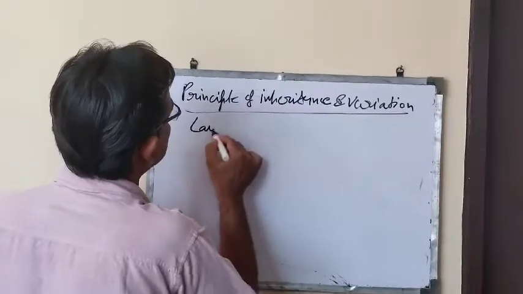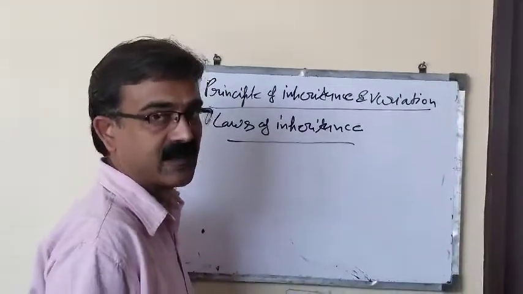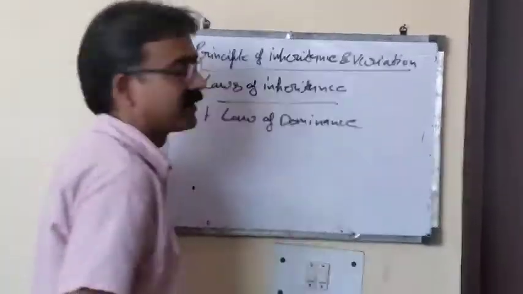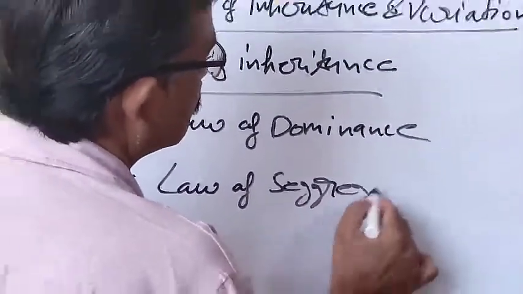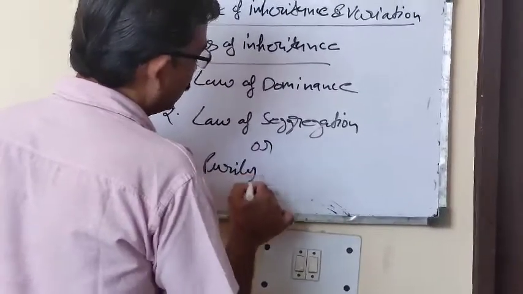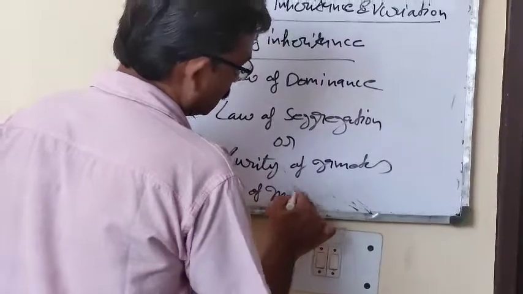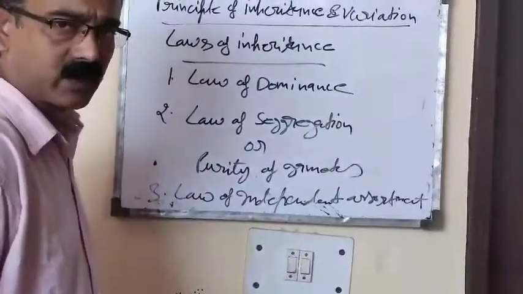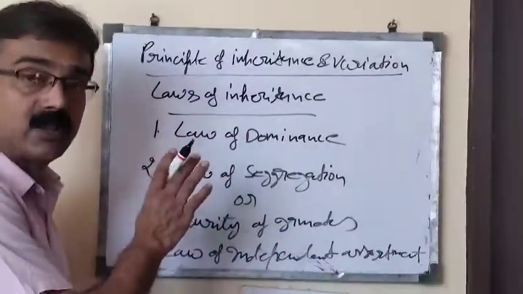And these laws of inheritance are the basis of heredity, and these laws are: the very first is law of dominance, and second is law of segregation, or it is also known as law of purity of gametes, and third is law of independent assortment. Gregor John Mendel proposed these three laws regarding inheritance, and these three laws were the basis